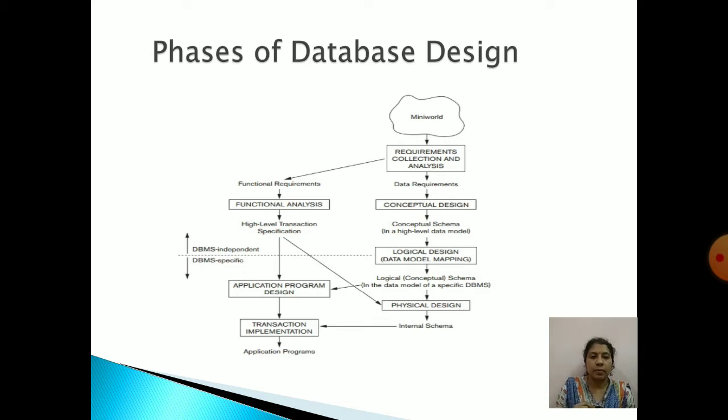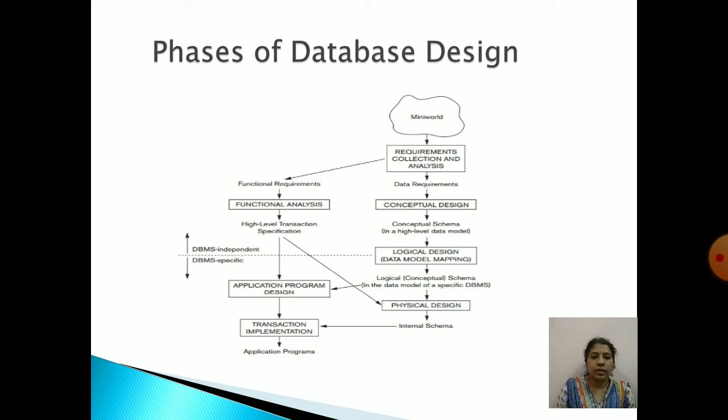So once your implementation schema, or the logical schema, is ready, then you will go for designing the physical structure. Okay, so the physical storage structure must be designed, and that can be done in the next level, the physical design phase. Here you will say where you want to store, how you want to store, how much space it will occupy, what data types you want to define, and what access methods you are going to use. All these things will be defined in the physical design phase.